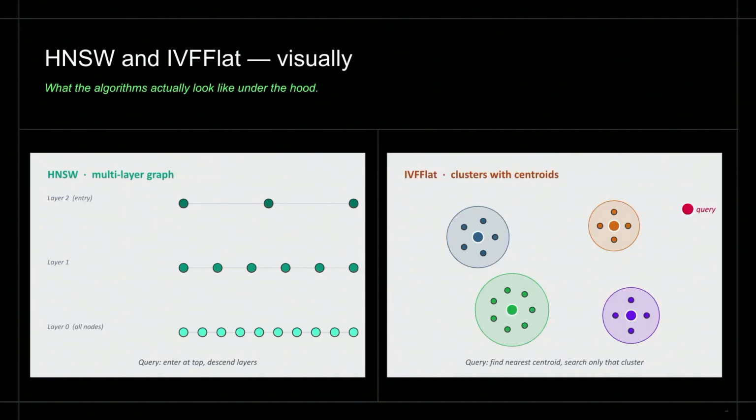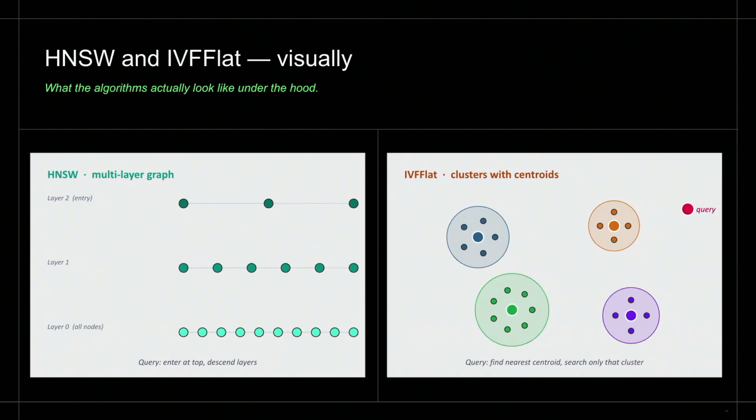Now, to show you visually what I was talking about earlier regarding the two algorithms. In HNSW, the query vector enters at layer 2, finds the closest vector, zooms in onto the next layer, finds the closest vector, and goes to the final layer and finds the right answer. So you start at the sparse layer and then go deeper.